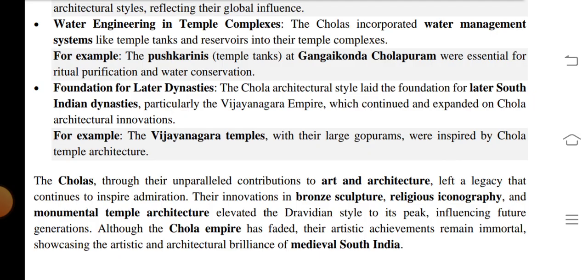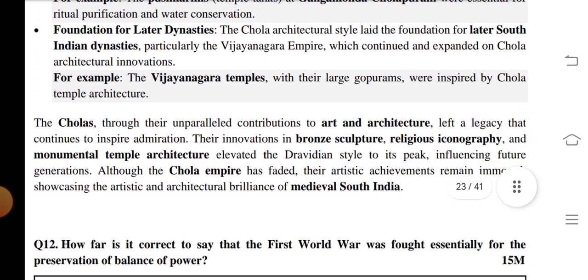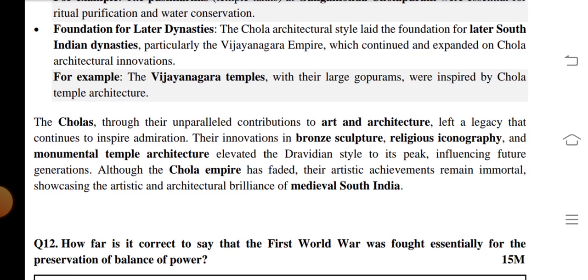Foundation for later dynasties. Chola architectural style laid the foundation for later South Indian dynasties, particularly the Vijayanagara empire, which continued and expanded on Chola architectural innovations. For example, the Vijayanagara temples with their large gopurams were inspired by Chola temple